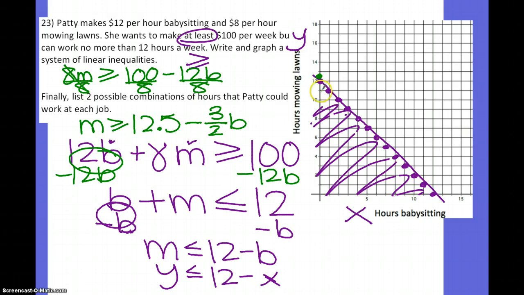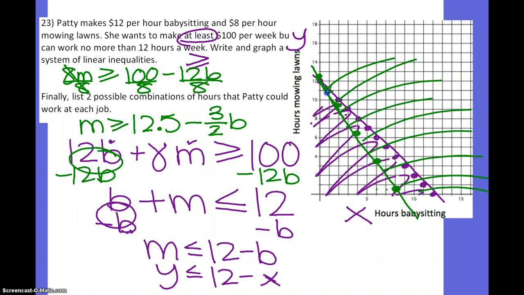And go down 1, 2, 3 over 1, 2, and it would go again. So we've got a solid line, and this time it's greater than. So we would go this way, and we want where do they overlap. So you would darken in this overlap part, and then it says